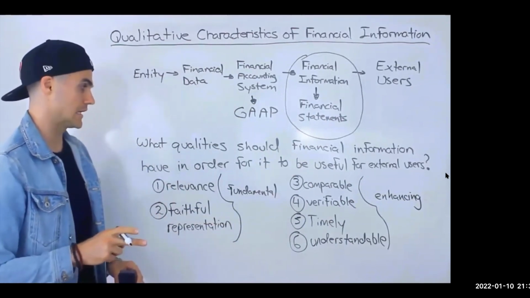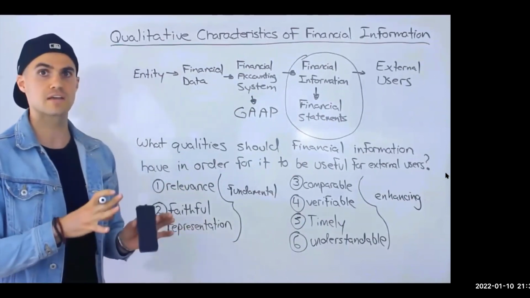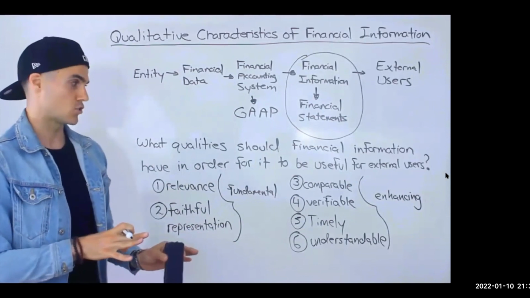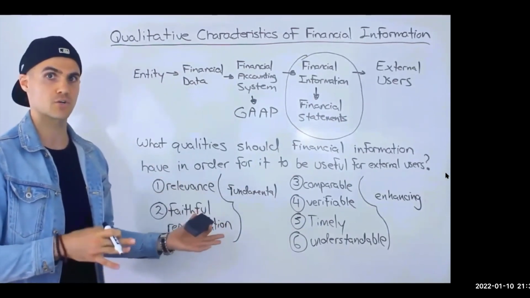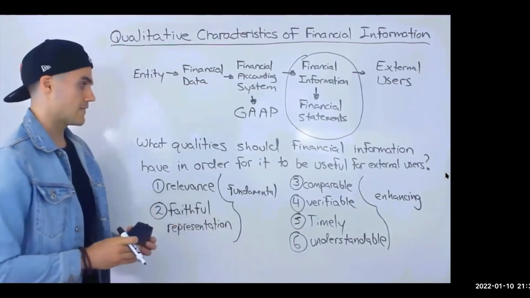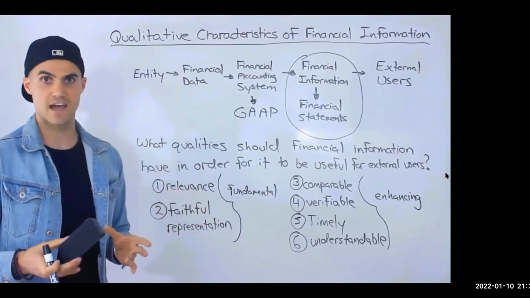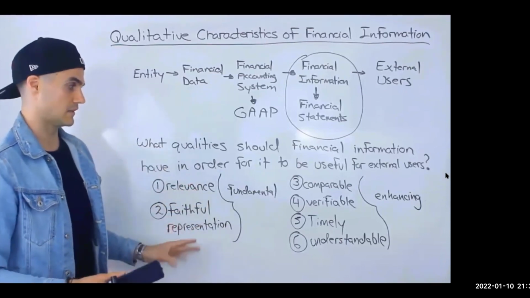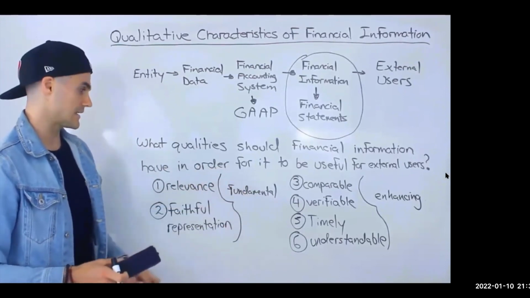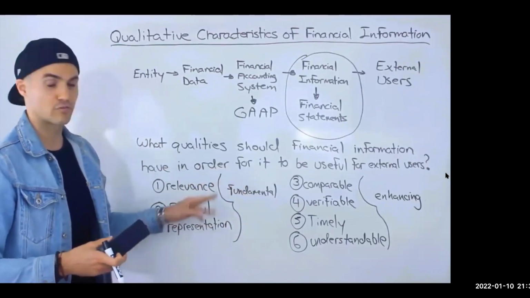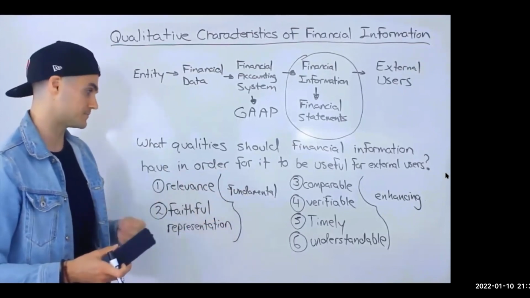The second thing I want to mention is that these 6 qualities are based on the 2010 standards. Before 2010, this list was actually different. It was a list created in 1989, and then some time passed, and in 2010 they decided to update the list. This is based on the 2010 standards, and I think they're going to further update this list at some point, in my opinion.